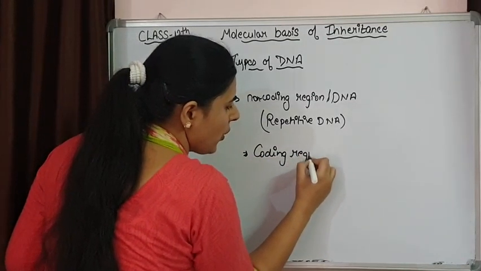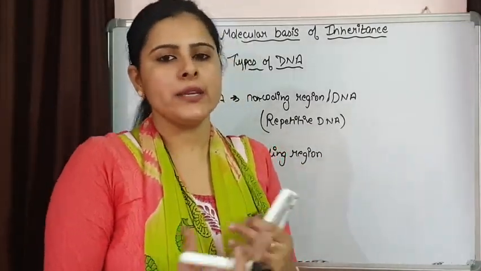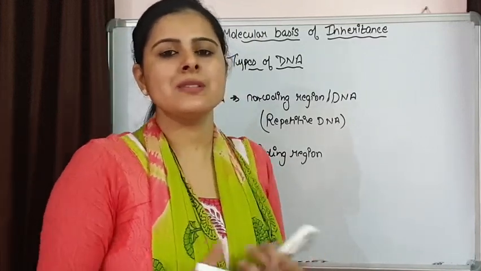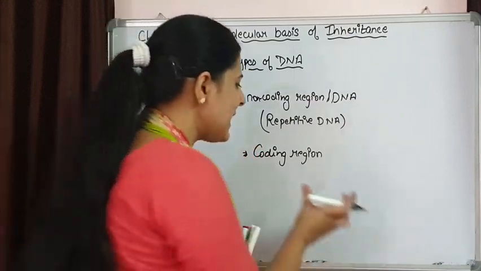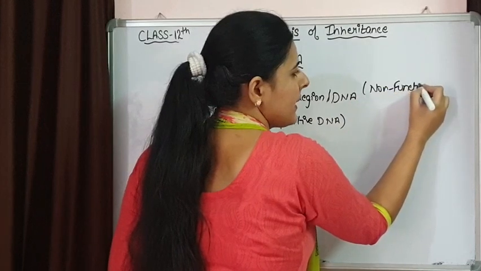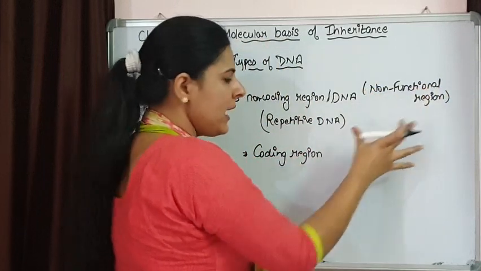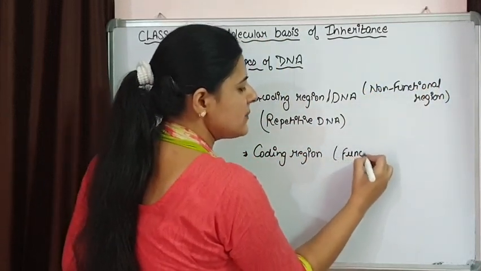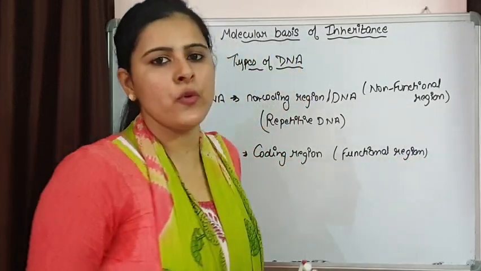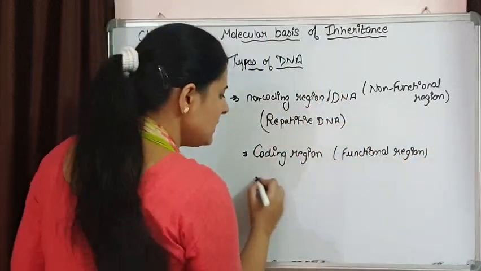Having the coding portion means that it is going to provide information for the formation of proteins, it can be for the formation of histones, tRNA, rRNA. That is the functional part, and that is the non-functional part. This is the non-functional region which is in majority, and only a small part of the DNA is behaving as functional region, that is going to code for something. So a huge amount of non-coding region is present.